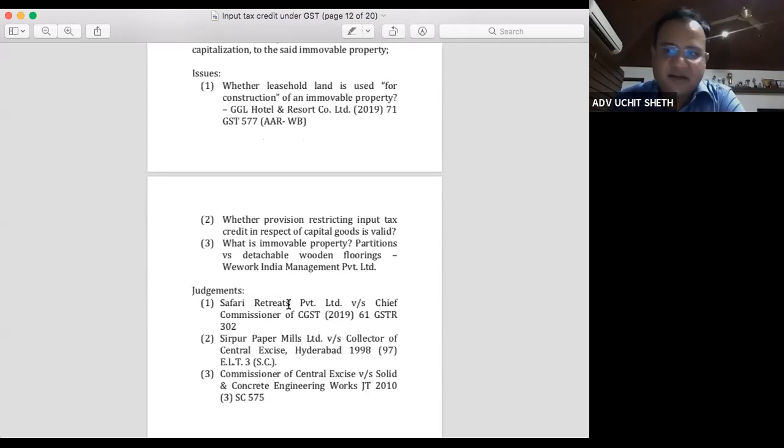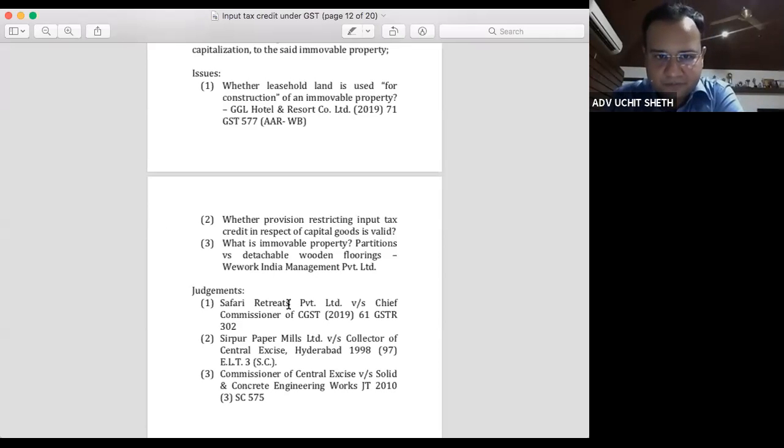According to me, it is a very cryptic judgment, unlikely to be sustained before the Supreme Court, and therefore very risky to claim credits on such grounds. As I said, legislature can provide for conditions. We cannot say that because we are paying output tax liability, we should be mandatorily granted input tax credit of all the inputs, input services and capital goods. So I have framed the issue based on the judgment, but according to me, that judgment should not be relied